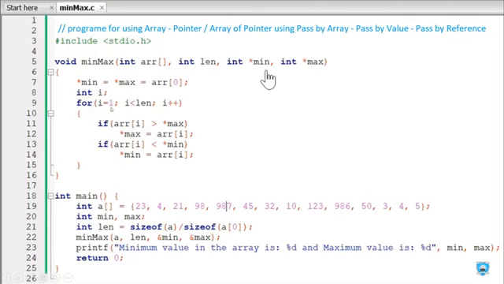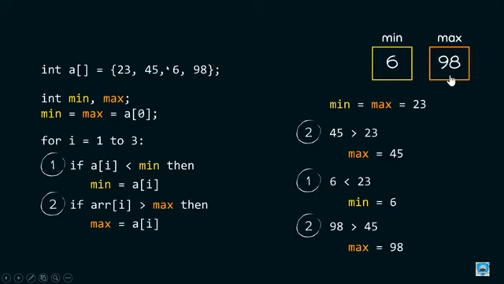Integer i is there. This loop will continue up to the length, means 14 times, because there are 14 elements. So 14 times this loop will compare, and as in the previous slide we understood, out of the array elements we find the minimum and the maximum, the smallest value and the biggest value.